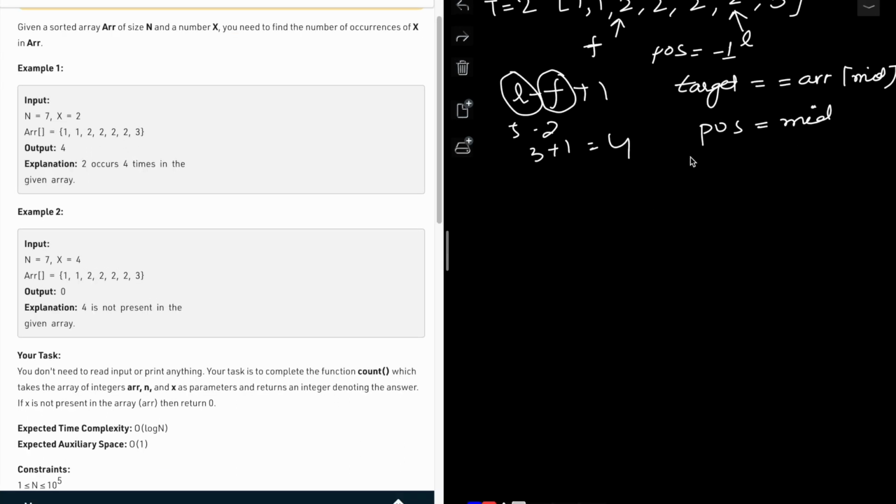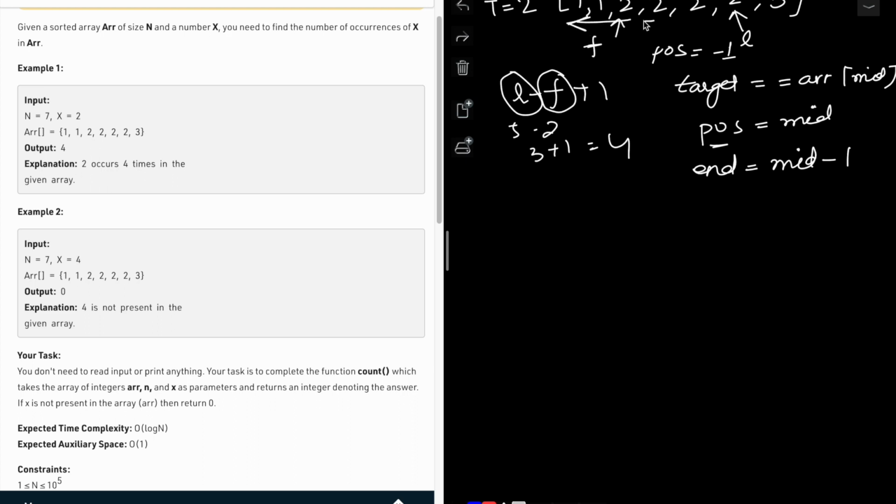Store the position of the mid element in this position variable, and then we'll change the end pointer to mid minus 1,